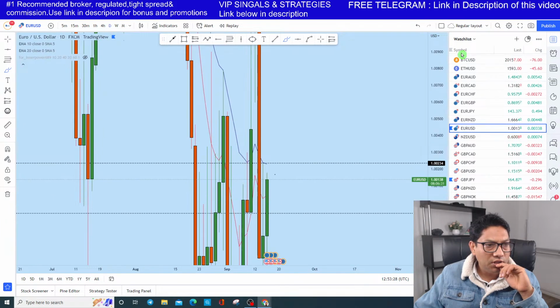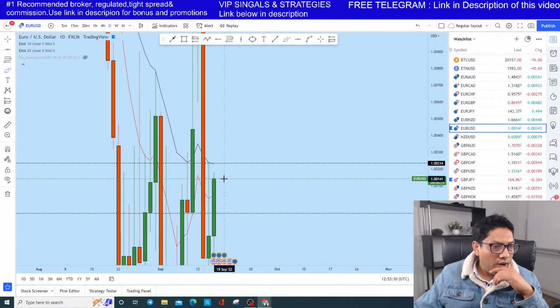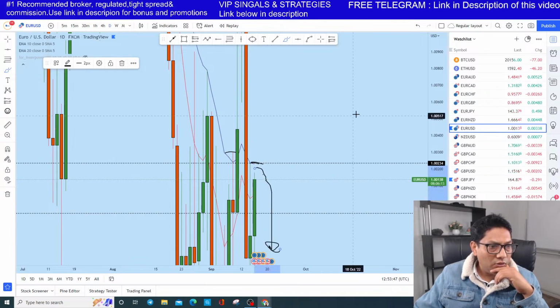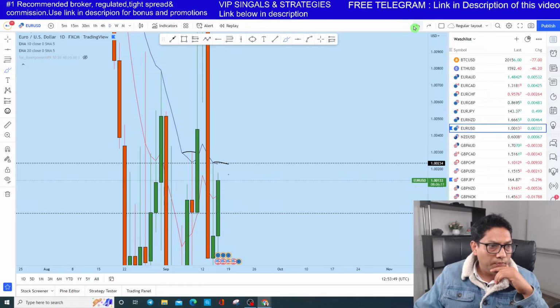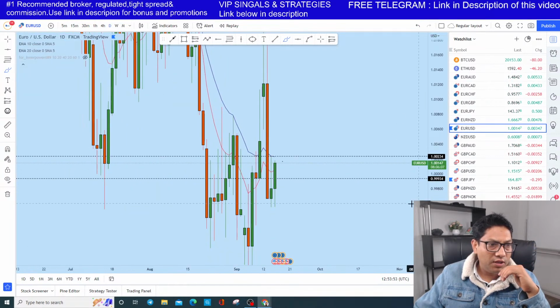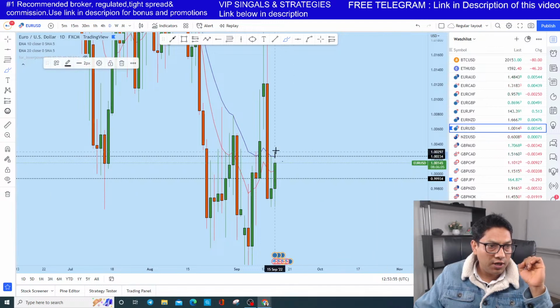Still didn't touch the daily 20 MA. What I think, as I told you, is that it might go up to, let's say, 1.022 or maybe below this level, because there is already a daily lower high. I think it will respect this level and then continue to drop. Okay, but anything can happen in trading. As I told you, it even could create a higher low and then continue to drop.